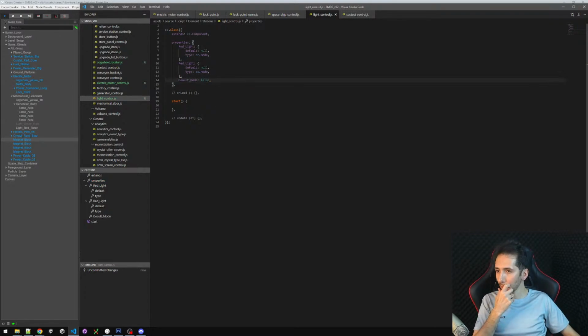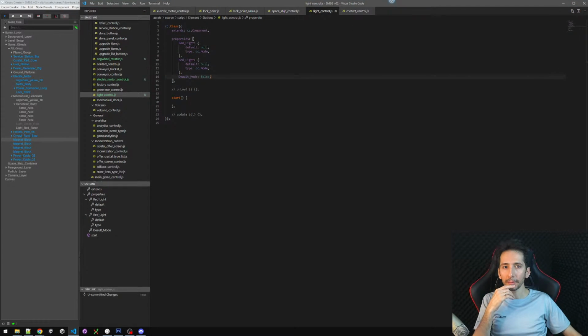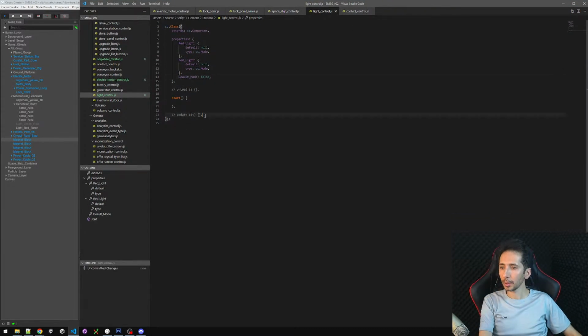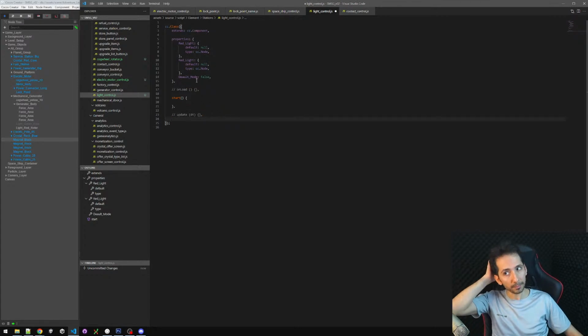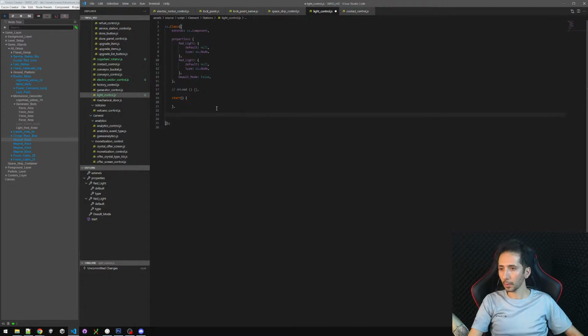So we can start with green or red at the beginning of the scene. Later we will be able to change the color of the light based on commands. So in start, maybe not in start, maybe in onLoad,